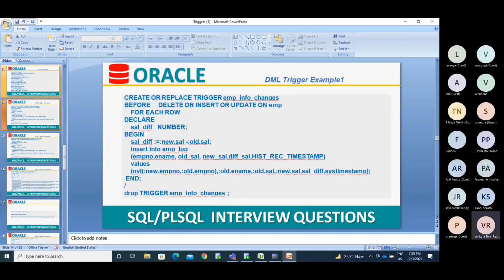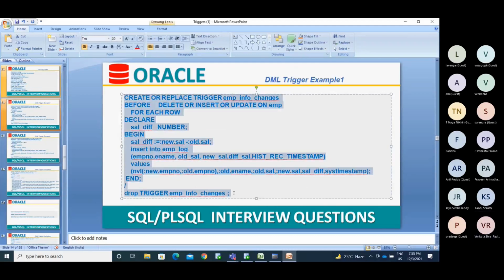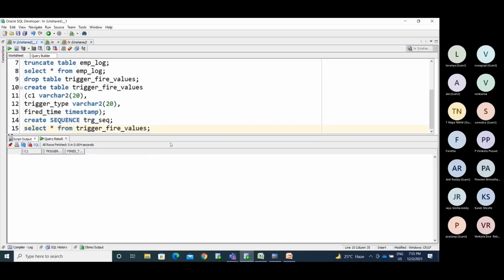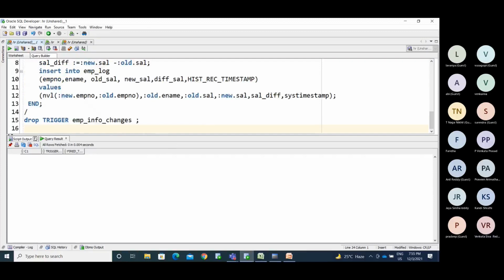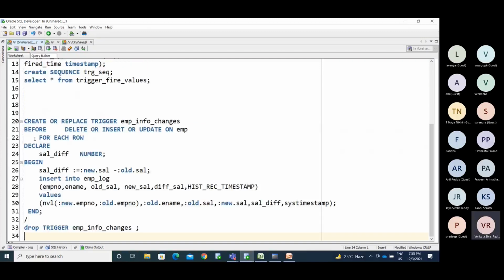Okay, now I'm taking this information, and I created those details. So I make a trigger with EMP underscore info.